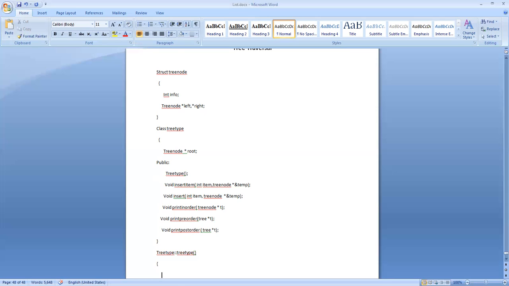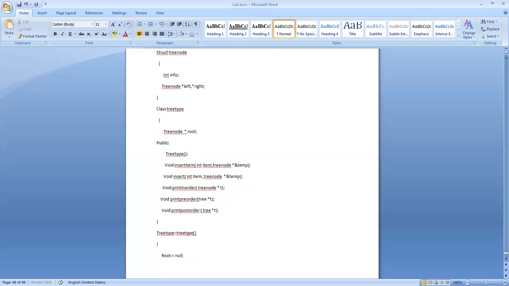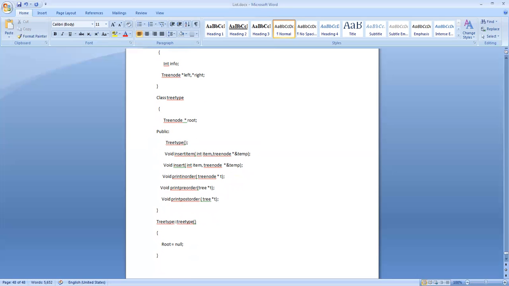By setting the external pointer root equal to null, I can create an empty tree. Next, let me go for inserting a value into the tree. First, I will go for this insert item.